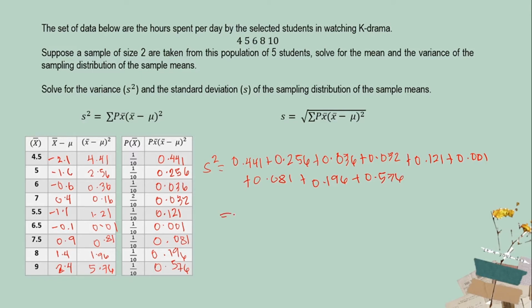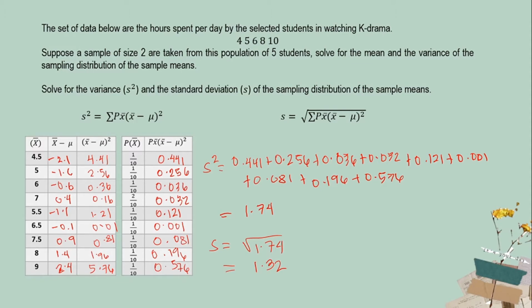If we sum it all, it will give us a value of 1.74. Since the variance is 1.74, the standard deviation would be the square root of 1.74, which is equal to 1.32. So that is the variance and standard deviation of the sampling distribution of the sample means